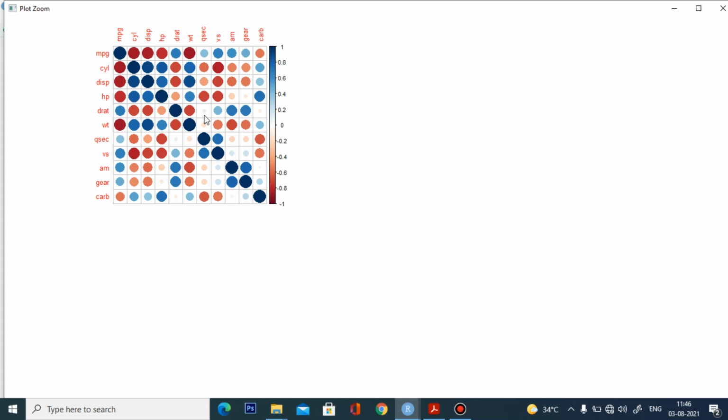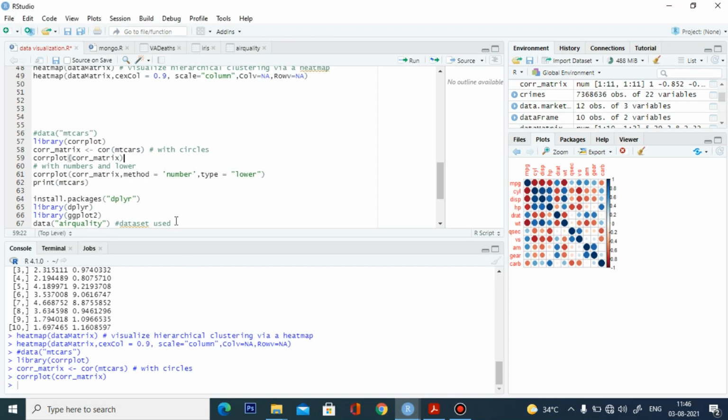Okay, if you have to choose a particular data set for your decision tree or classification, so what is the prediction variable, or what is the predictor variable? So we can easily get the relationship between the two variables by using this correlogram. So we can use the different techniques. Like this will show the circles. We can use the numbers, we can use the ellipse, we can use the squares to show the correlogram. So this will show the same correlogram in terms of numbers.